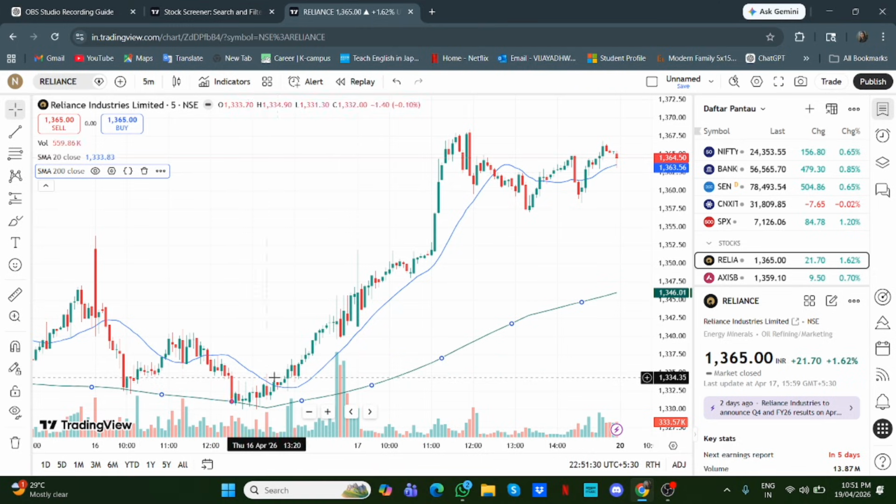You can see here, whenever the 20 days moving average comes nearer or touches the 200 moving average, it's the right time to buy. Here at 1333, if you buy the stock, see the upward movement of the stock till 1365. This trend will continue. If the 20 days moving average comes below the 200 days moving average, it's the right time to sell. Depending on circumstances and your financial advisors,